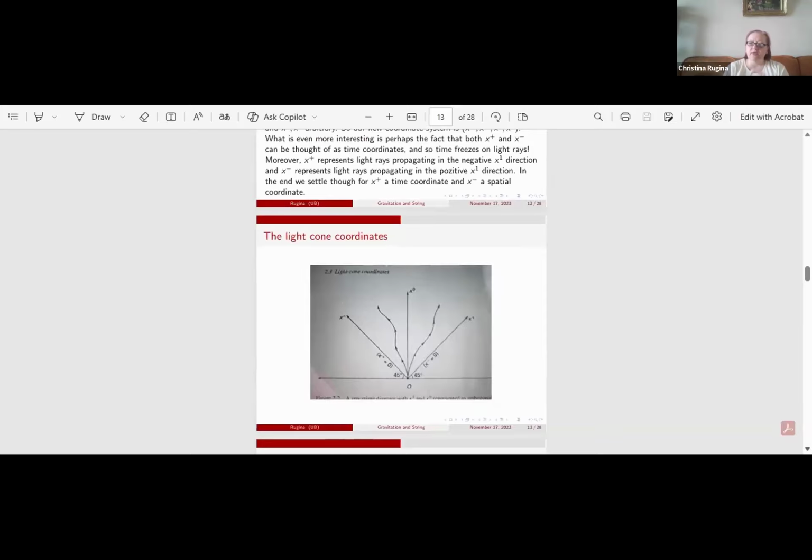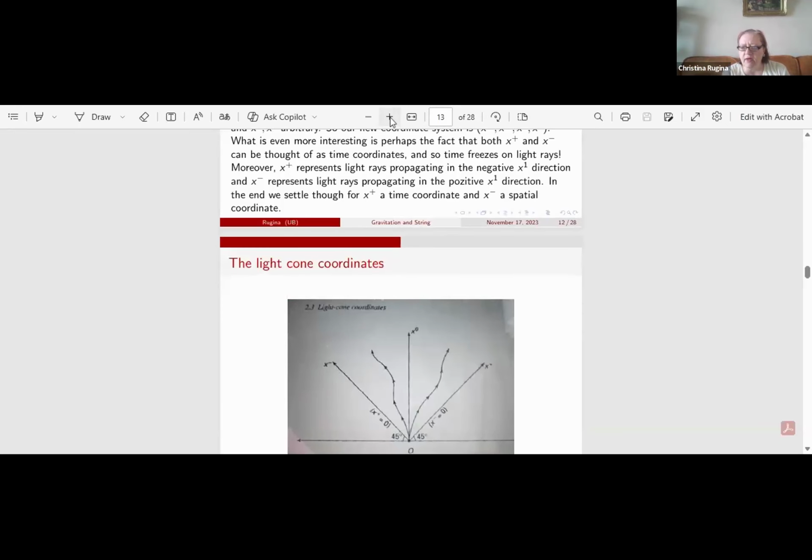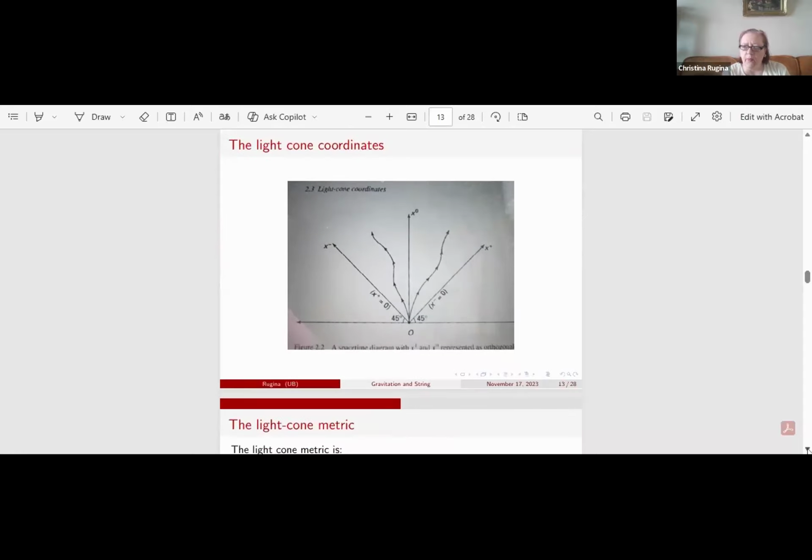Okay, so the light cone coordinates. Let me see if I can enlarge this a little bit. I don't want to go to the PDF. I think now you have better visibility if I zoom in a little bit. Is that better like that? I think you should be able to see